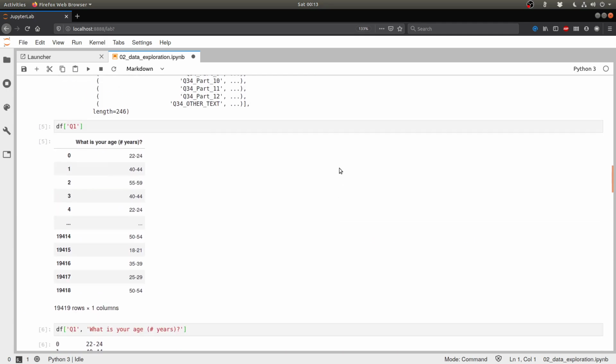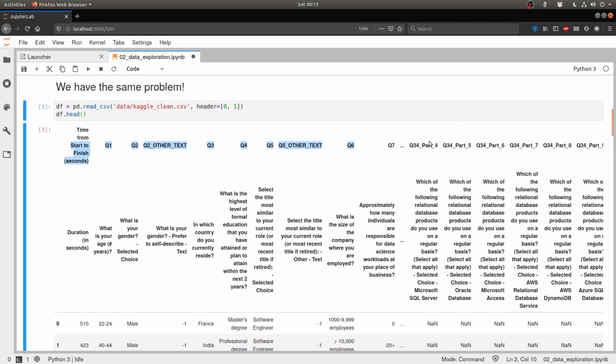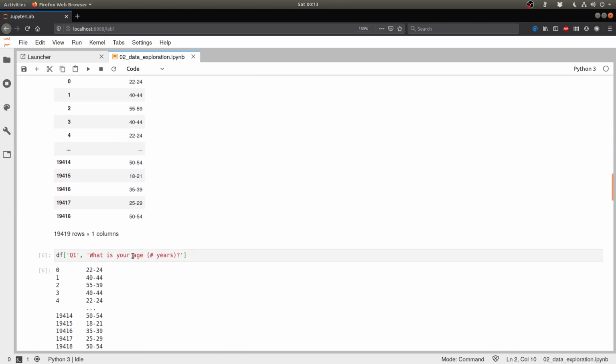So basically what we are going to do is tell pandas to only consider this particular row as the header, and this we are going to basically delete, but keep it separately somewhere so that later if we forget what Q6 is, we can always look it up in a particular lookup table or a dictionary, where we can say that, okay, I might have forgotten what Q6 is, but this is what it means. Q6 corresponds to the question which asks what is the size of the company where you are employed. So in order to keep accessing the data, we are simply going to keep these codes, but their meanings we are going to throw away from the table, but maintain in a separate dictionary somewhere. So let's try and do that.